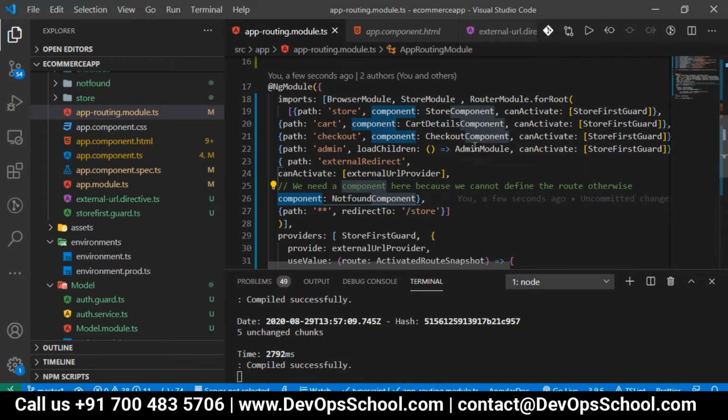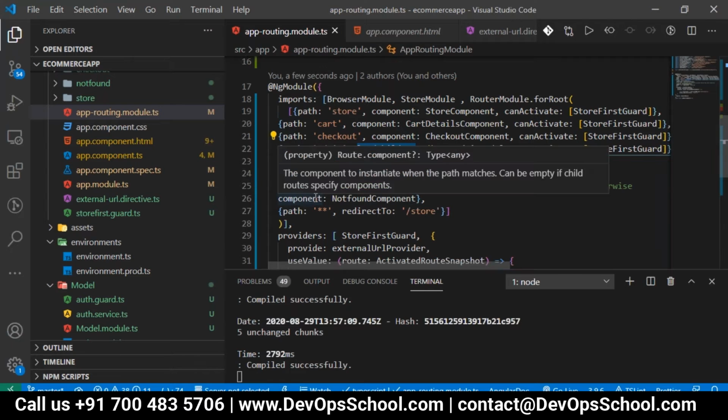So if that particular application is not up, we have to create one dummy component and map it to the external redirect URL. Because whenever you go with routes, when the path is present, either the component or loadChildren is mandatory. Either one should be used.